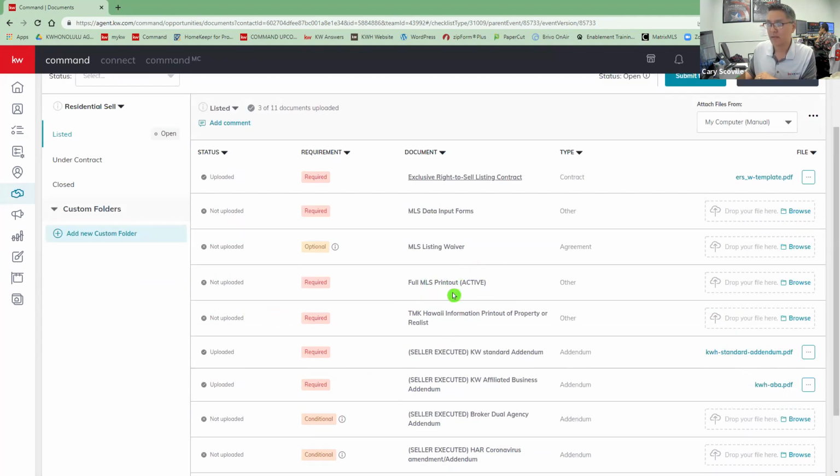With the, hey, we want the active listing, we're under contract, it should be on the MLS, or you have a waiver, or you have a contract that says you're going to list it or put it on there after it's closed, right? Once you add your documents, you'll start to see that section now says open. So that's your notation that there's documents in there, right?